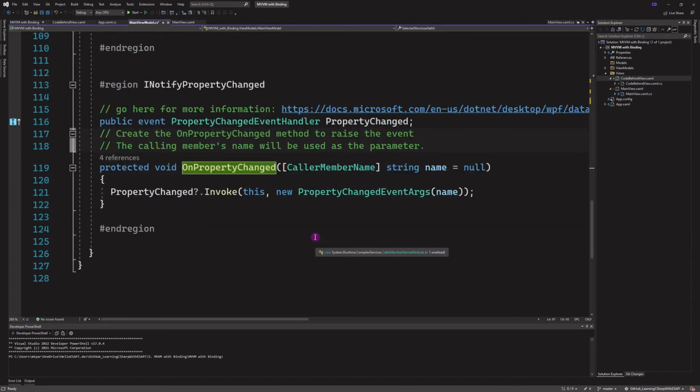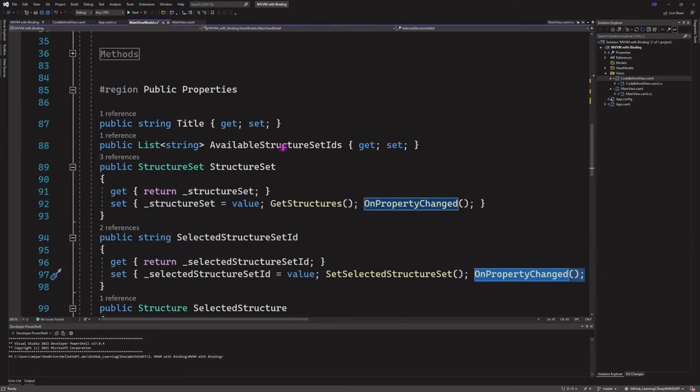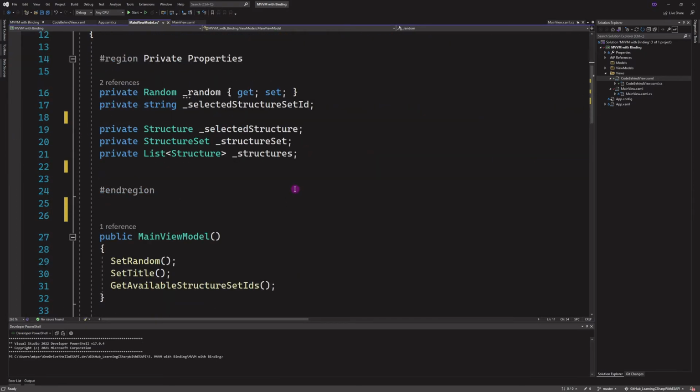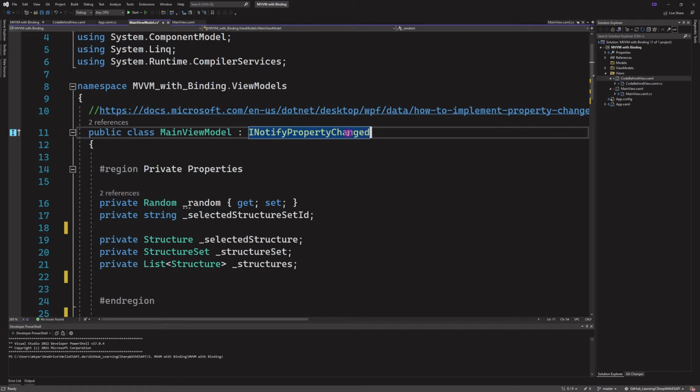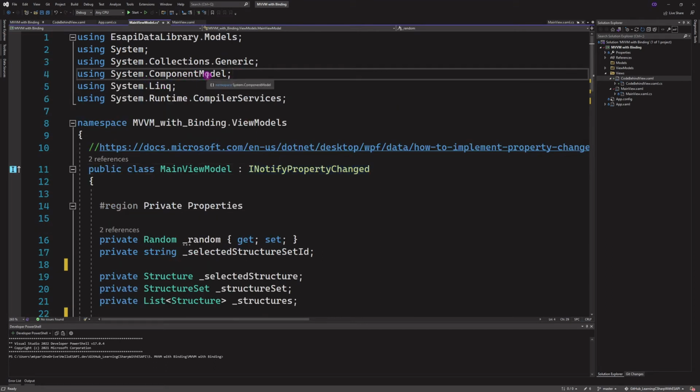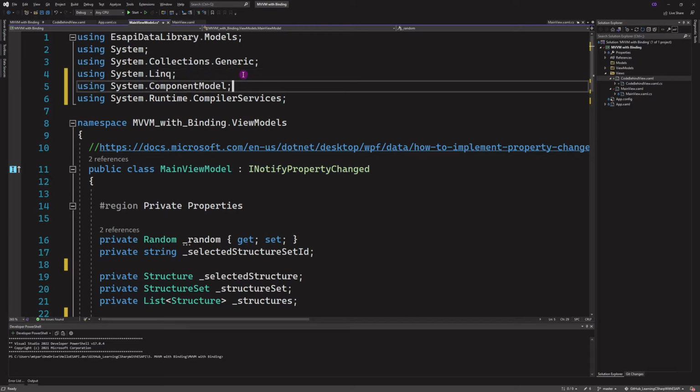So in order to use this, you'll implement this interface. You just add this at the top, and then this is going to be red. So once you bring in the System.ComponentModel, and the CompilerServices, both of these, once you bring this in,